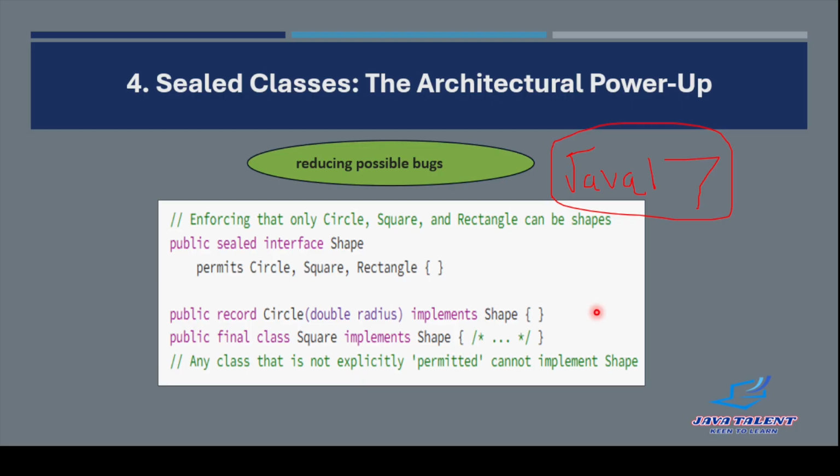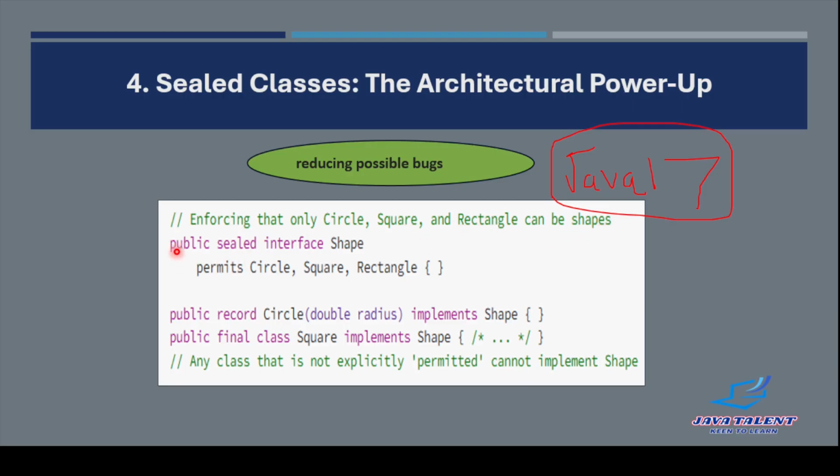They are about reducing the possible bugs, which enables the compiler to help with correctness. So now you can explicitly declare which classes or records can implement or extend a sealed type, enforcing a controlled hierarchy. For example, in the first line, you see that it enforces that only the circle, square and rectangle